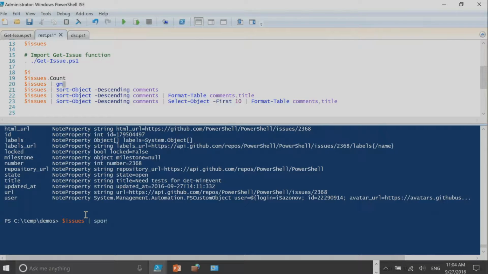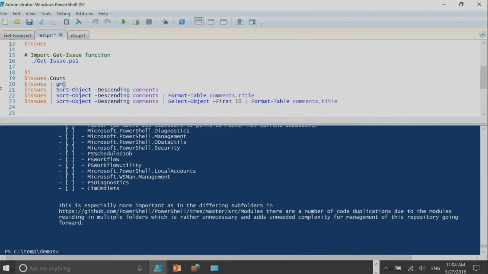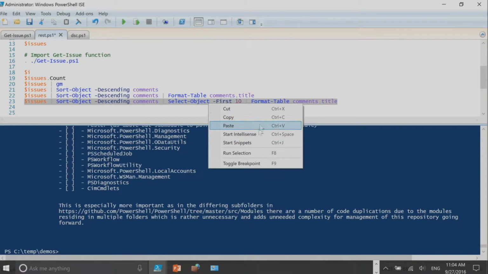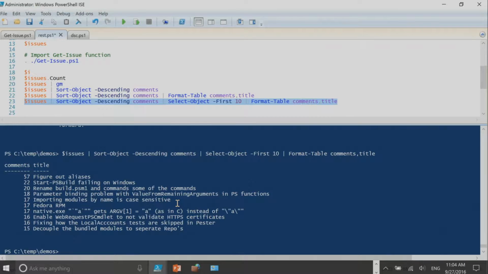Right, so we can just do a sort, not a sport, a sort, descending, comments. We get too many of them, so I'm just going to select first 10. That's great. And of course, you can do the format table, just make sure it all makes sense. And so this is how you can actually just start to play with the system and start to figure things out, right? So this is just sort of the basic notions. But the key is,